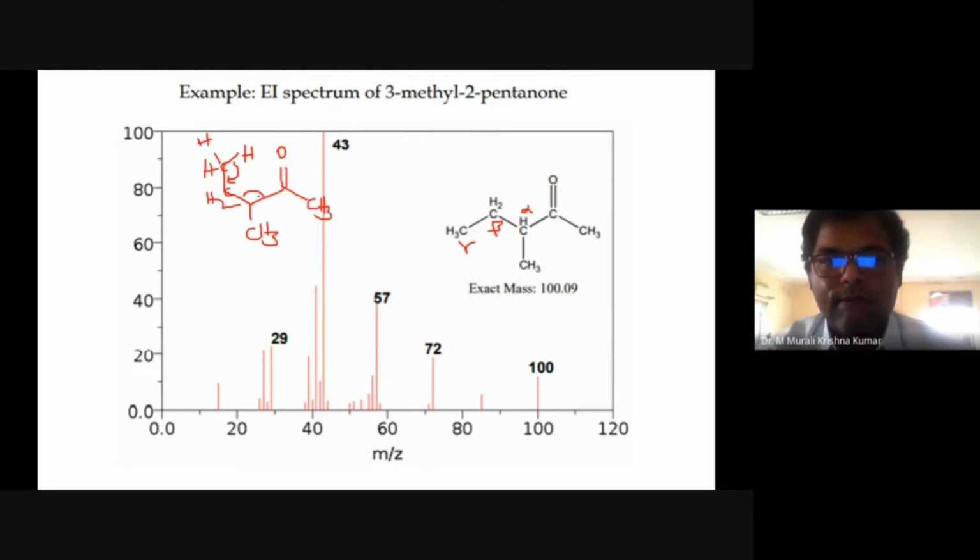and then it looks like a retro-Diels-Alder type of reaction, but it is not. Okay, C double bond C. So here we have CH2, here we have CH2, and then because in here usually you will have the charge. So C double bond C, CH3, OH and CH3. So this is the way how the fragmentation is formed, and the positive charge remains with this entity. Okay. So the exact mass for this is 100.